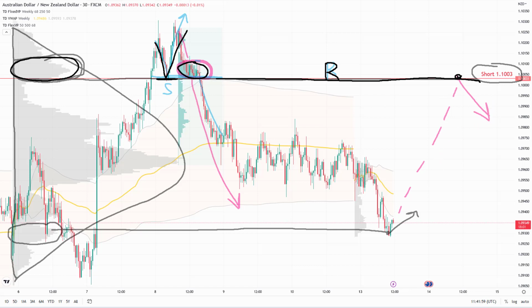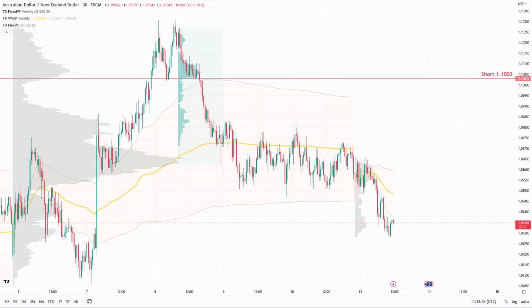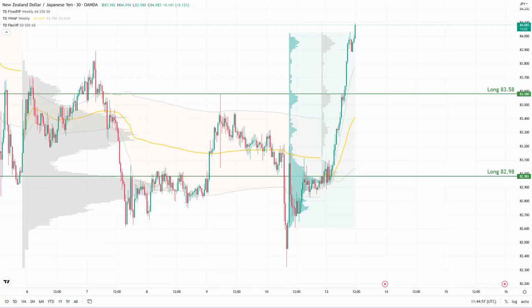Now the next trading idea that I'd like to comment on is on the New Zealand dollar and Japanese yen. So what you see before you now is the New Zealand dollar and Japanese yen and two strong supports. Those two strong supports are based on this strong buying activity on the New Zealand dollar and Japanese yen. The first support is in here at